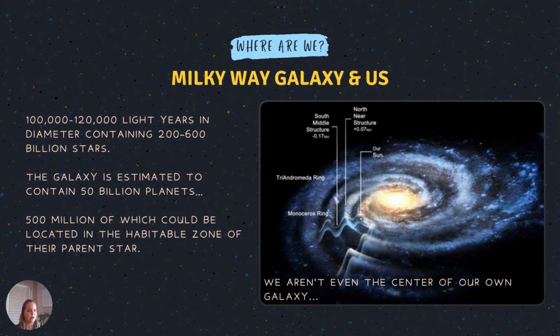But there are people that are constantly searching for that and deciding whether we can actually make it to any of these things. But as it stands, we haven't even sent anybody to Mars yet, which is, I think, in the future plans for NASA. But since we haven't actually successfully sent anybody to Mars, which is in our own solar system, it's highly unlikely that we're going to make it there very soon.